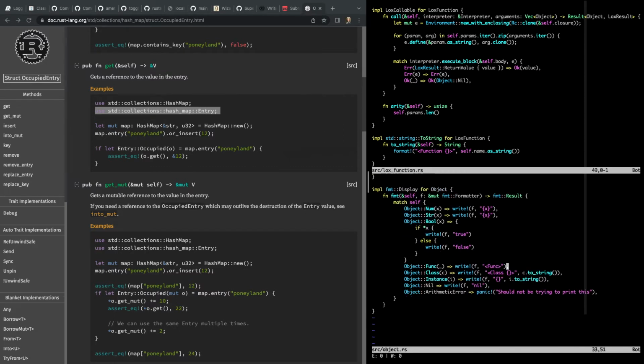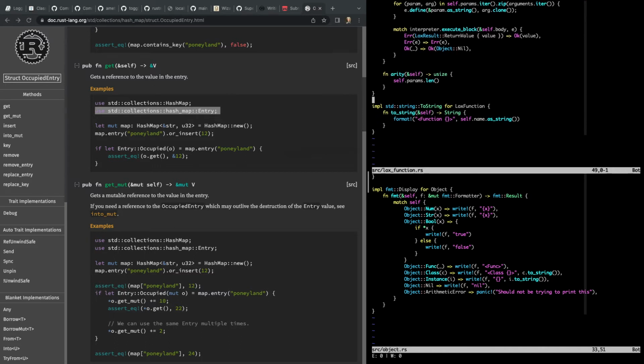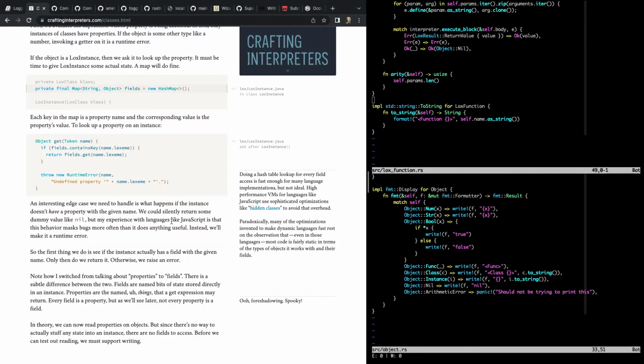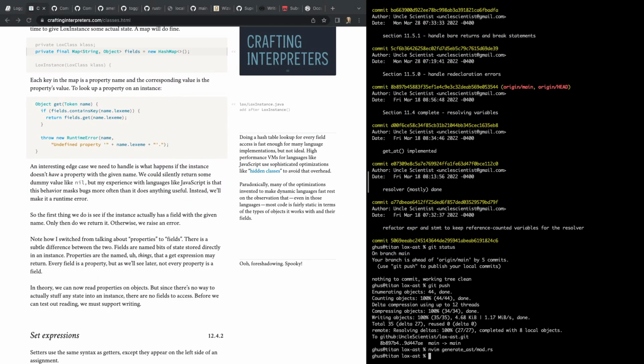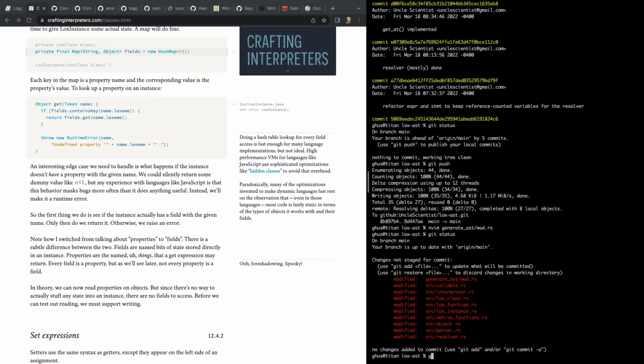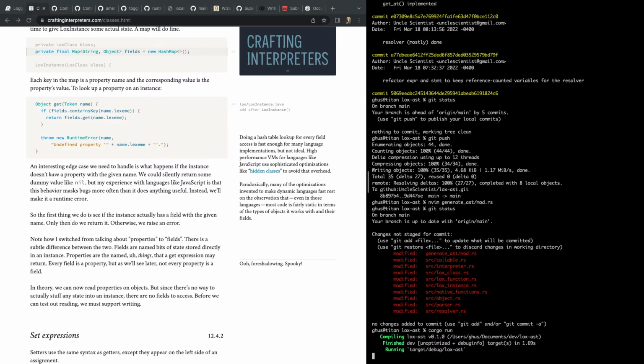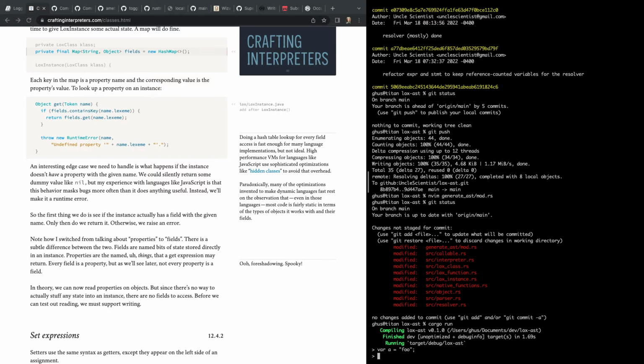Okay. And we've implemented toString for the Lox function, but I don't think it gets used anywhere. No. All right. So do we have getters? We have getters and a complete mishmash of the whole toString business. I meant to do a cargo run. If I say var a equals foo, print a dot thing,